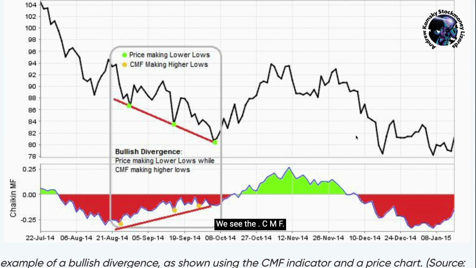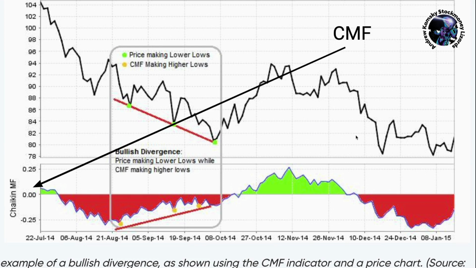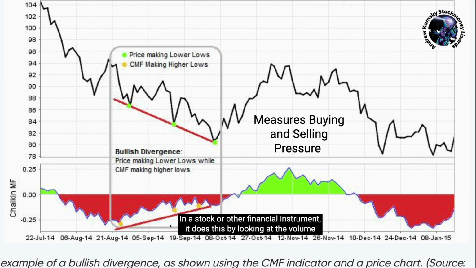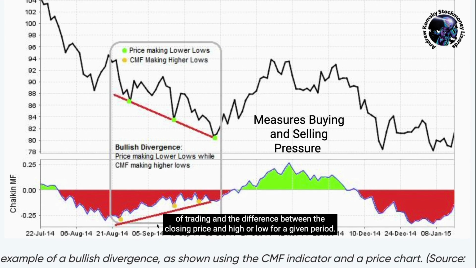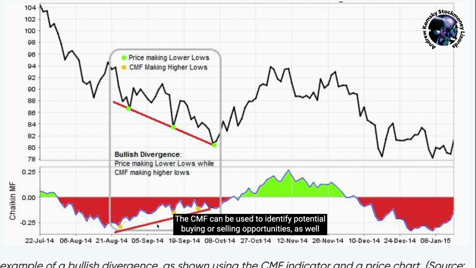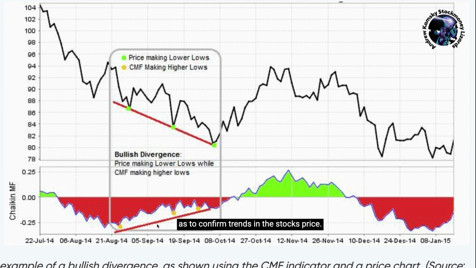Over here, we see the CMF. The CMF is a technical indicator that measures buying and selling pressure in a stock or other financial instrument. It does this by looking at the volume of trading and the difference between the closing price and the high or low for a given period. The CMF can be used to identify potential buying or selling opportunities as well as to confirm trends in the